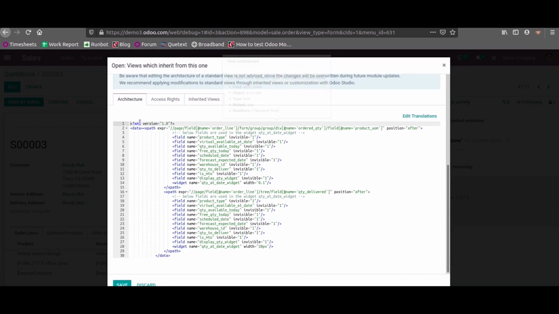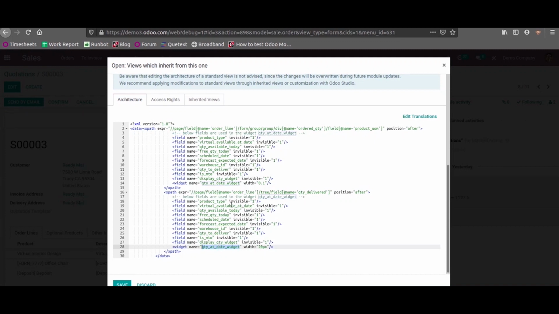You can see the widget is called here. If you read this, it says the below fields are used in the quantity at date widget. That is the widget which we see in the order line for the sale order.